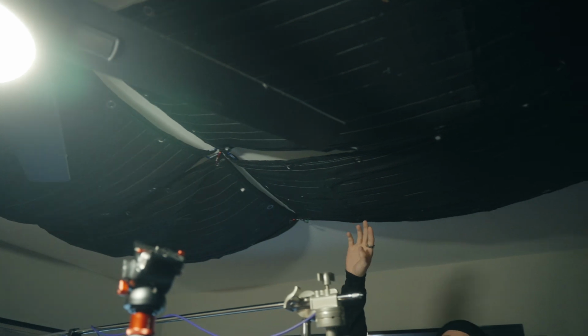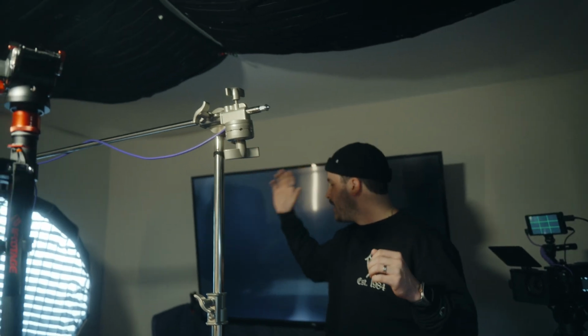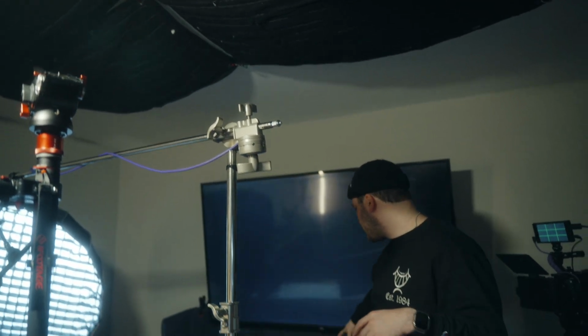Another thing for this setup is these tiles. I don't know if you saw this on the ceiling, but these are not really tiles, they're sound blankets. Instead of buying the giant sound blanket, I think they're from Producer's Choice, I believe is the company. I didn't really have a place to hang sound blankets. So you can actually see under the TV